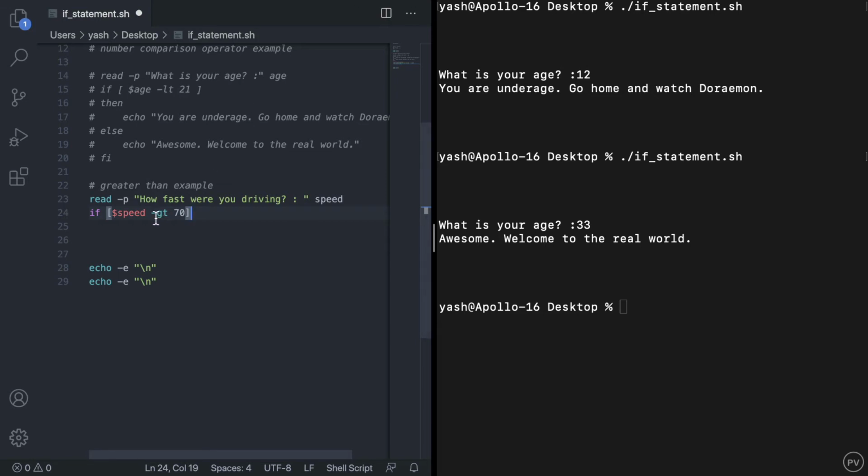So you don't see the direction of the symbol, like if we have an angle bracket it makes sense that this part is greater, but the way you read this is speed is greater than 70, so the symbol is pointing this way. You get the point. So it doesn't matter, it's pretty simple, and we need the space, otherwise it doesn't work. So space, and then we can echo